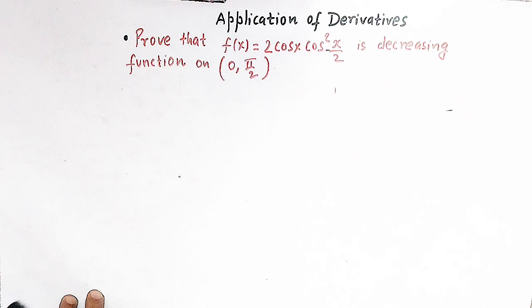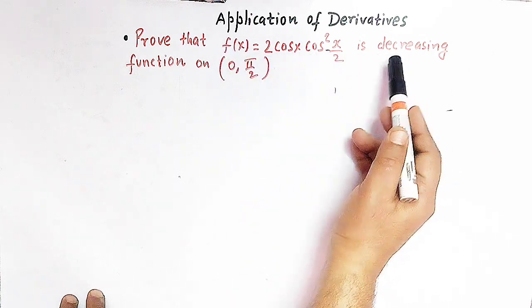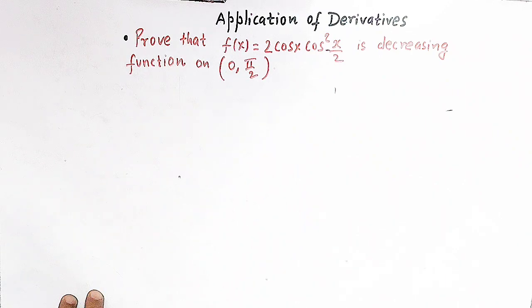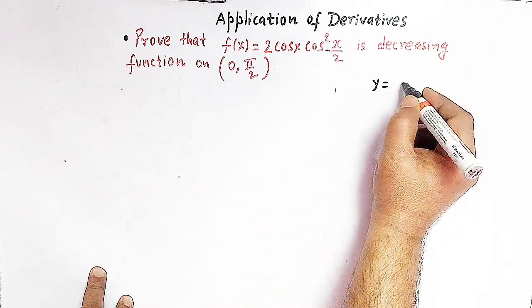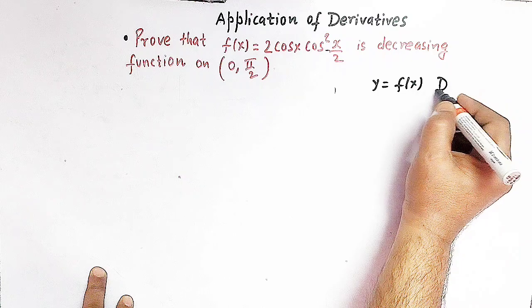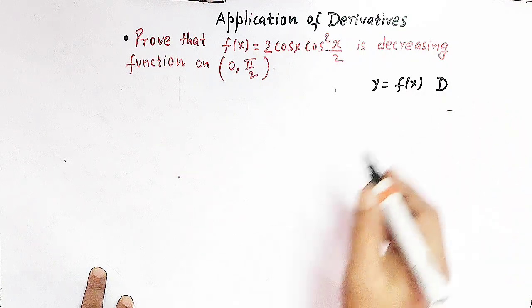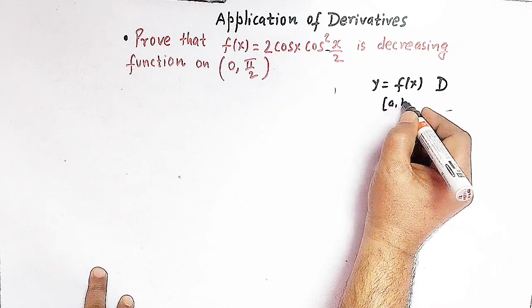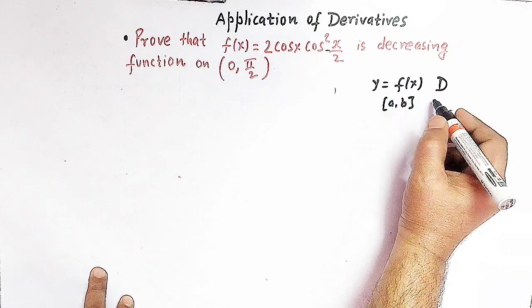So in order to prove that this function f of x is a decreasing function on this interval, we have to take help of the concept of derivatives, right? So here we'll take up the definition of decreasing function in terms of derivatives. So suppose we have a function, say y is equal to f of x, which is defined in some domain D, and if f of x is a continuous function in the interval, say a comma b,